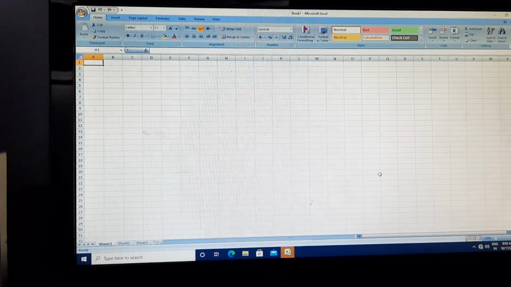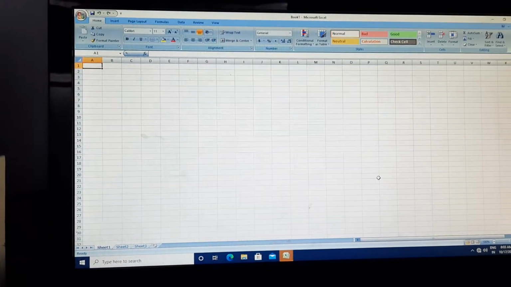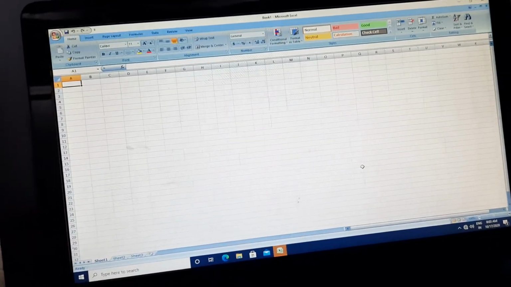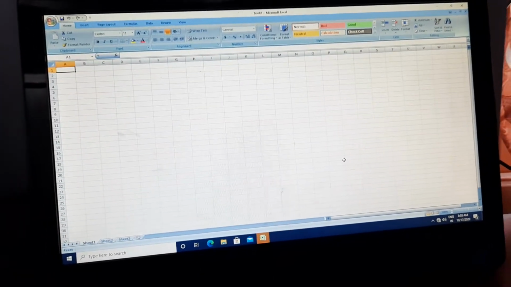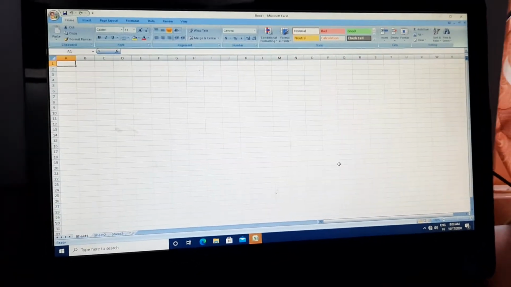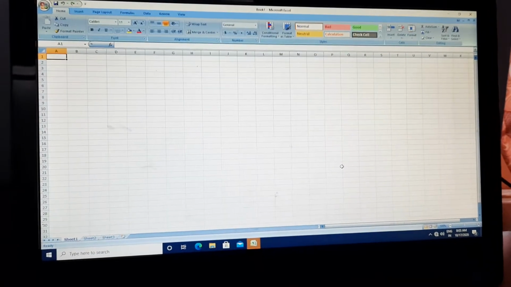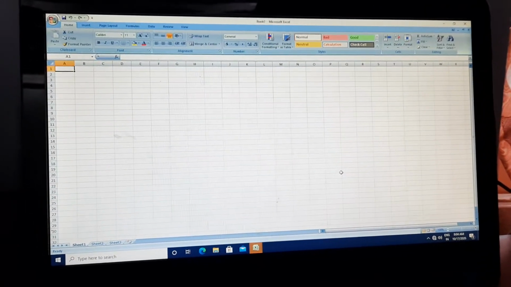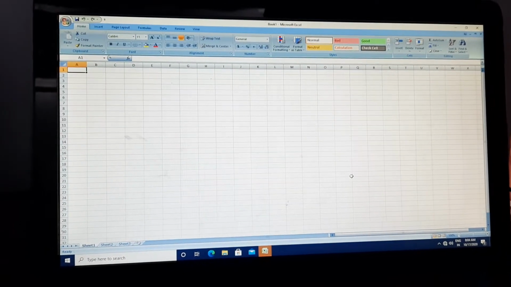In the previous video, I explained the Excel functions, that is, how to select the cell, how to redo and undo, how to insert a row, insert a column, delete a row, delete a column, like this. I've explained everything.